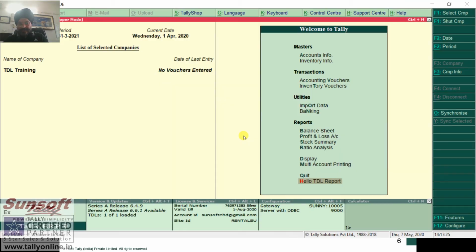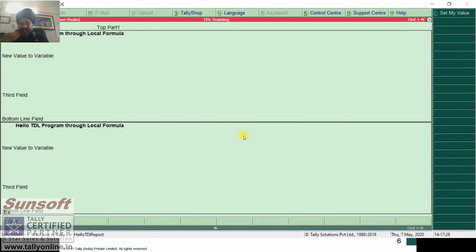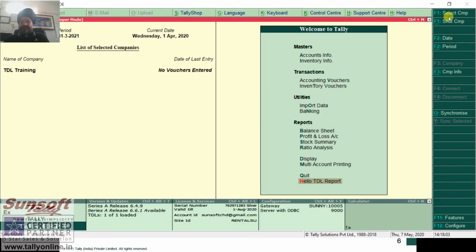To show you that, I have my report, and when I am saying set my value, at any part or line or field, it is taking the value. So at any stage, when I am pressing the button, the key is associated, or even if I press Control E here, the value is executed.